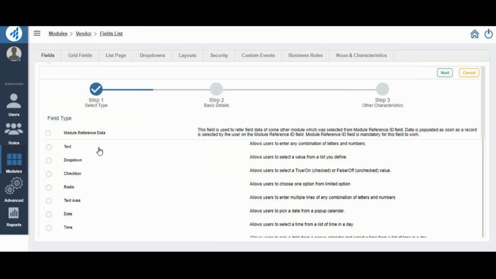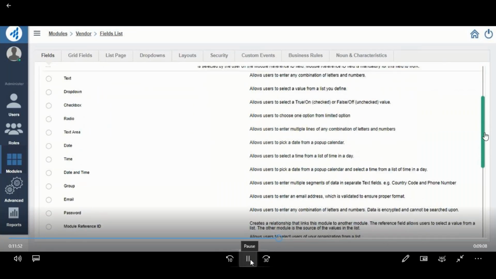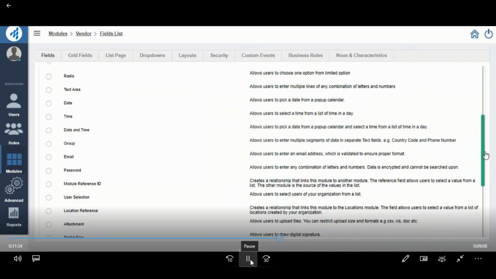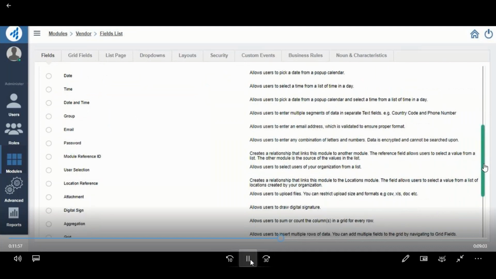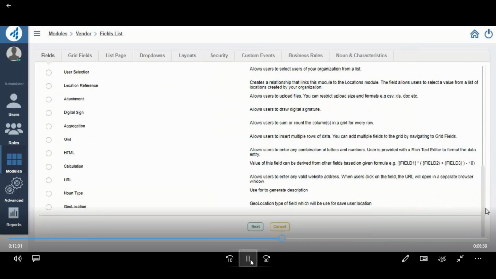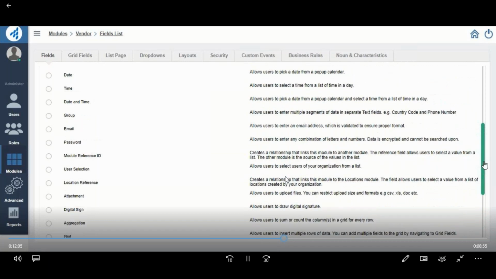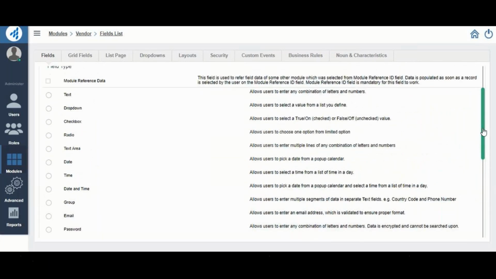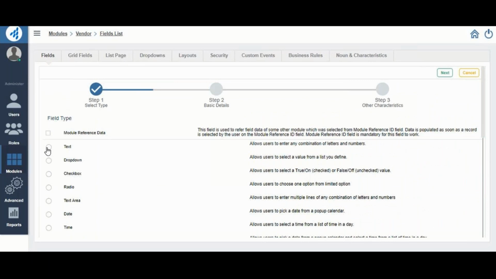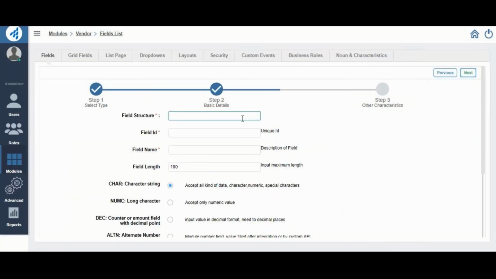Is it text, drop down, checkbox? All these different kinds of fields are predefined in MDO, email, and including geolocation. Once we define what field type we want to create, the second step is defining the name and what the field length is, what kind of input can go into that field,